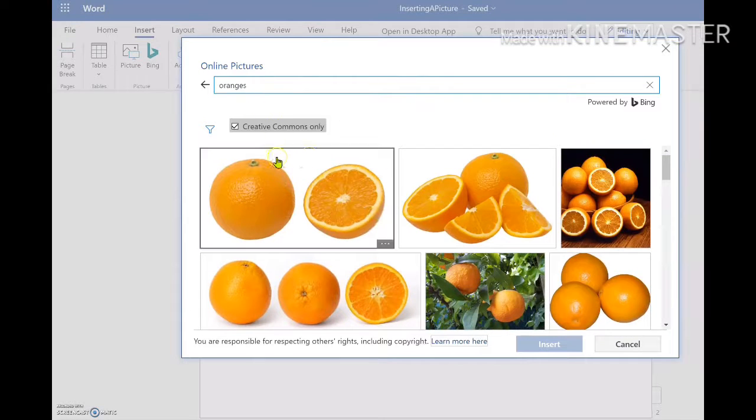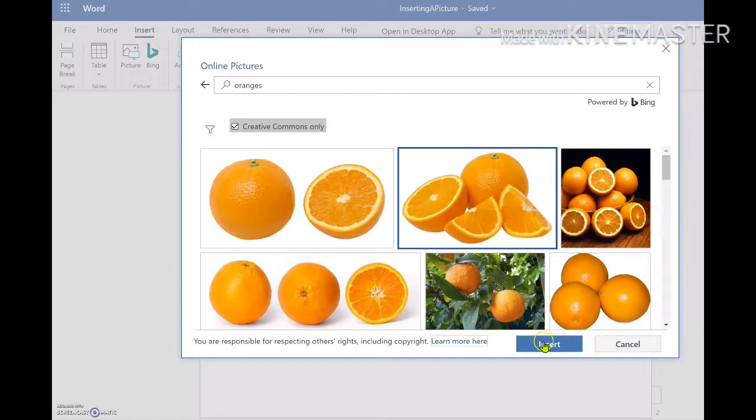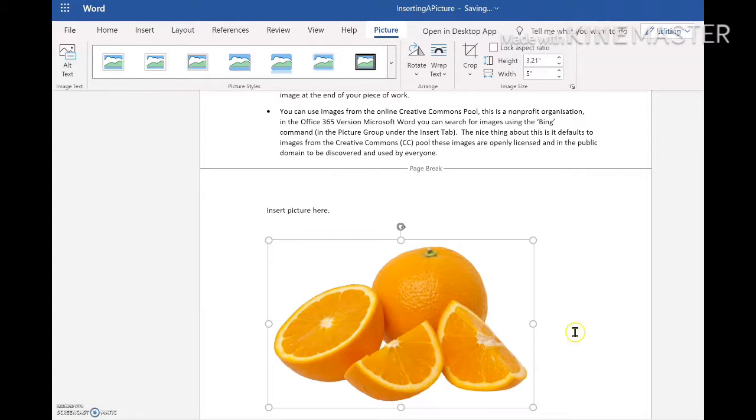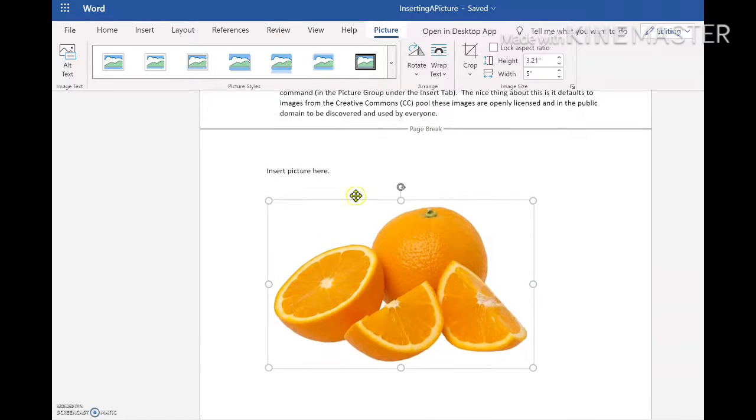You'll notice here that the Creative Commons option is automatically ticked for me. This means that these pictures are free for use. Okay. So this time I just click on the image and I go insert. And sure enough, the picture will appear on my screen. Okay. While I'm here, you will notice that when the picture gets inserted on the screen that there are 9